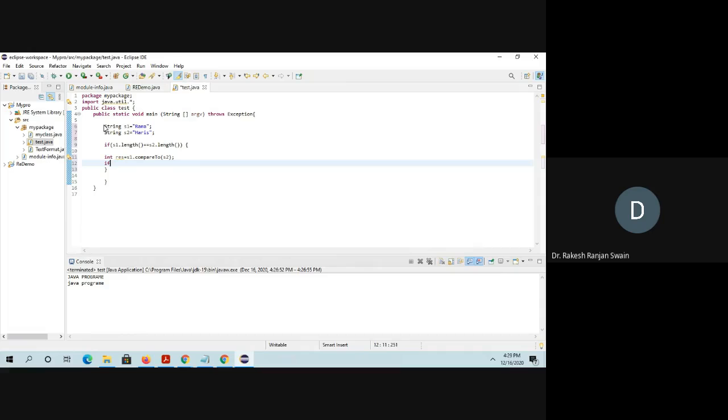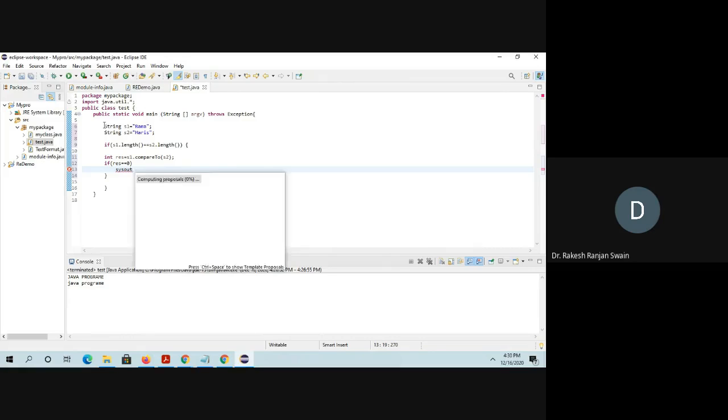Then if your result equals 0, here you can print that they are lexicographically equal.